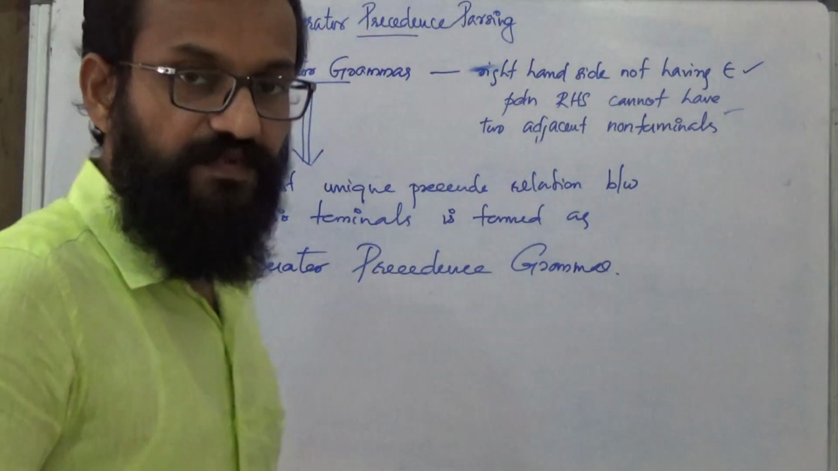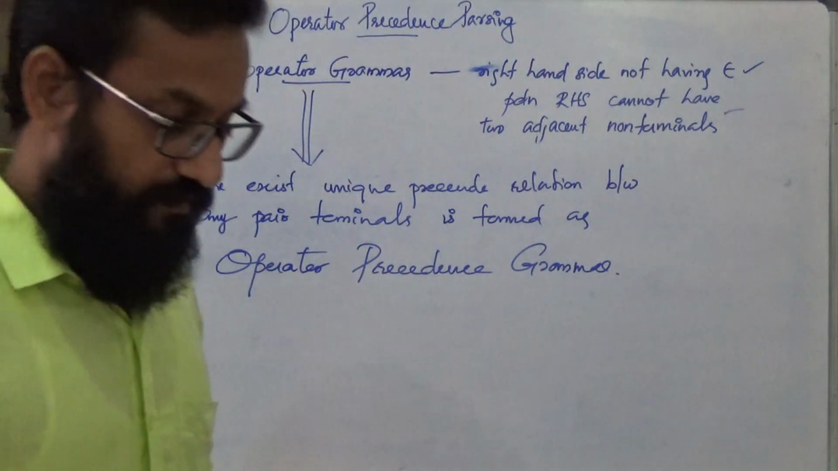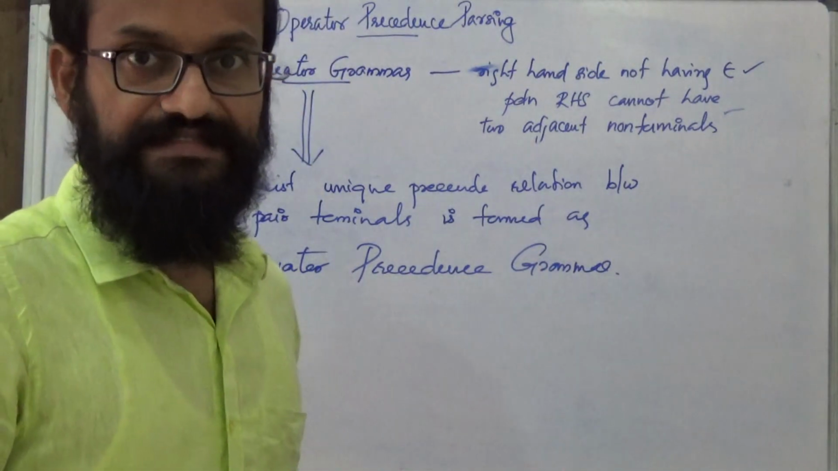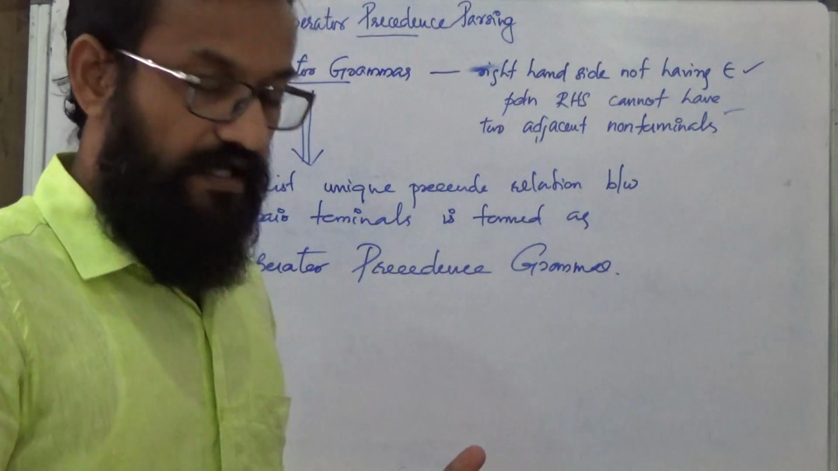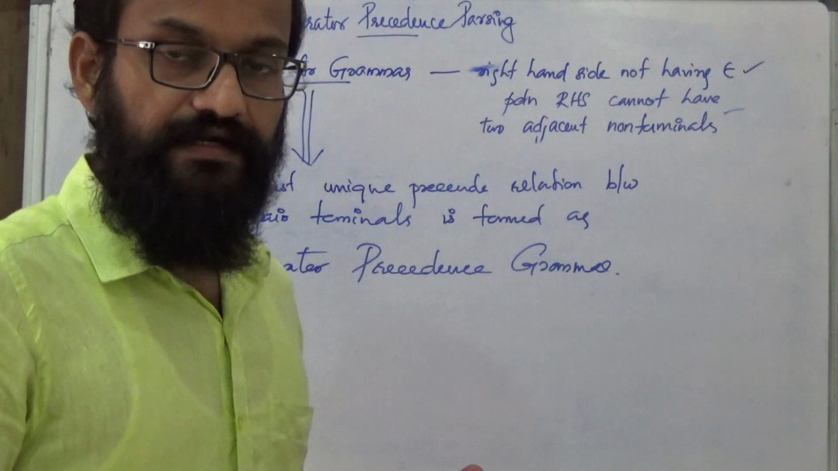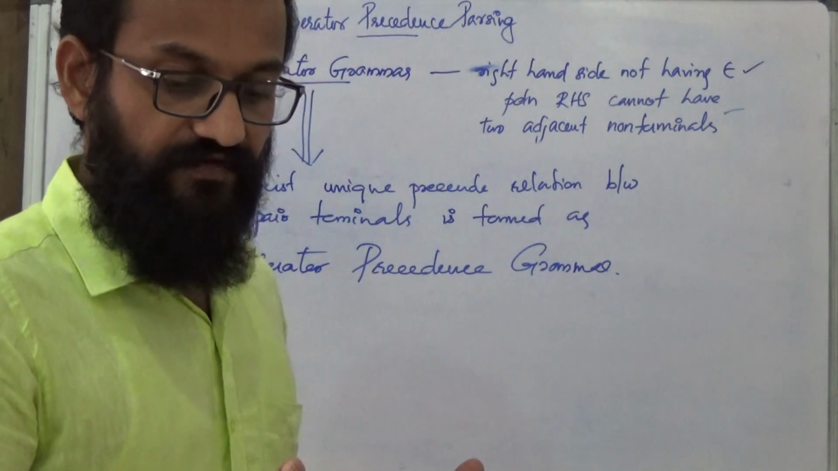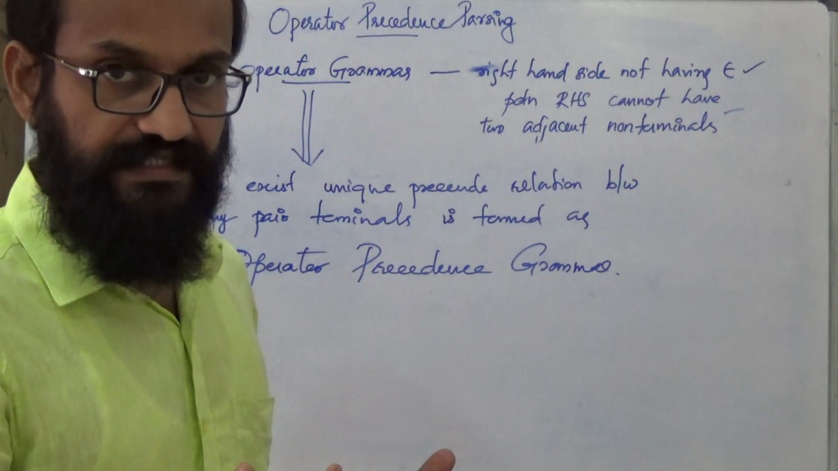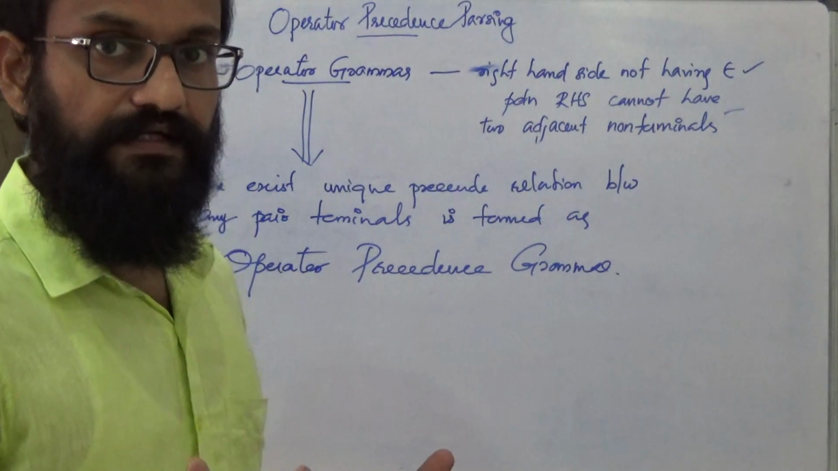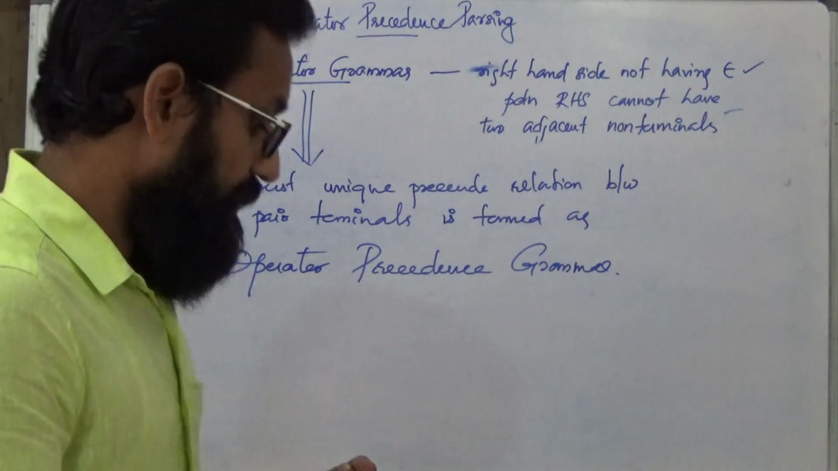So if I take operator precedence grammar, there should not be any production whose right hand side is epsilon. You cannot have a right hand side containing two adjacent non-terminals. So if you are having multiple non-terminals in the right hand side, that must be separated by terminal symbol. Then again,